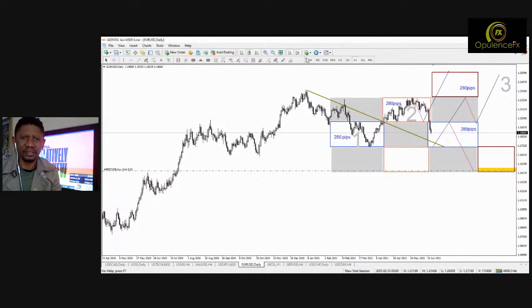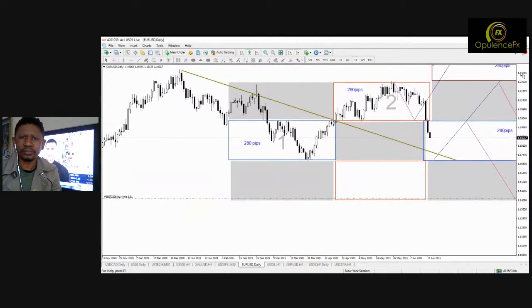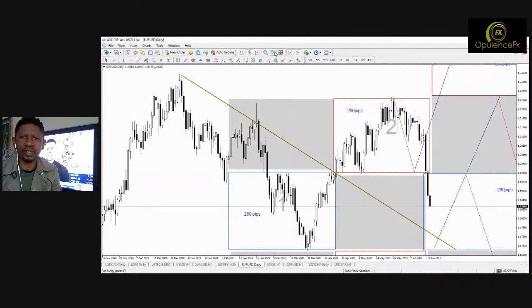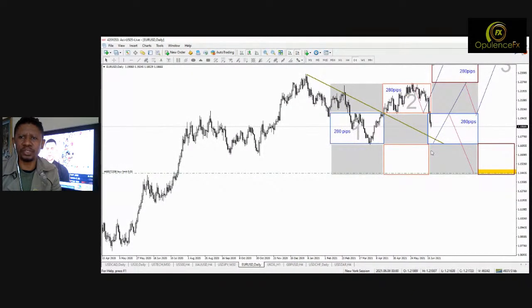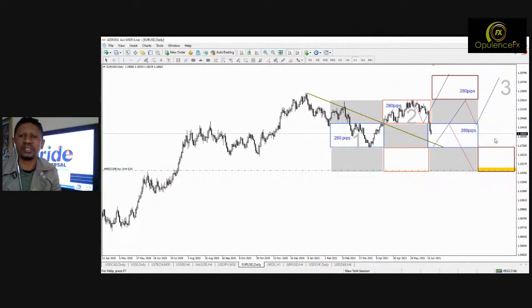Yeah, there is the USD CAD, rather the Euro dollar. Okay, looks like the Euro dollar has entered the block in which it must drop right up to the bottom there, 280 pips each block. Okay, if you love the art of the market, this is what we do best. So you can see that this is more like cubes or blocks in which the euro dollar is moving, and each block consists of 280 pips.